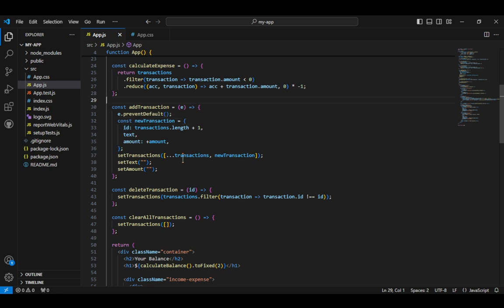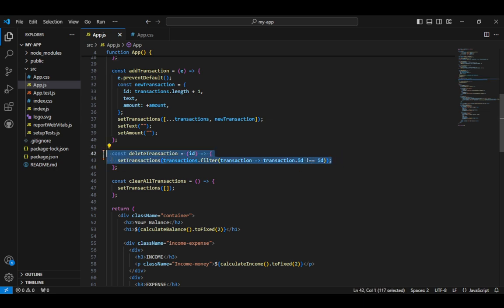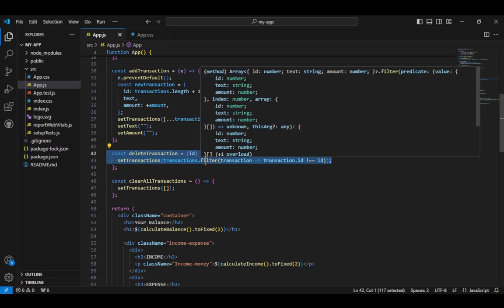It will update your transactions by adding to the existing array. Then the const deleteTransaction will delete a transaction from your list, using the filter method to make a new array.